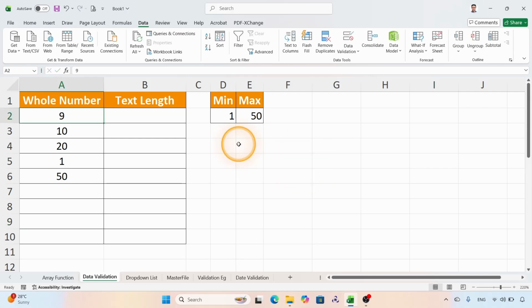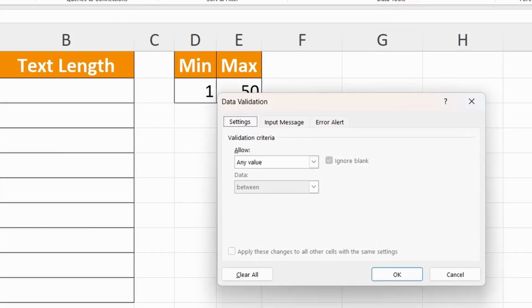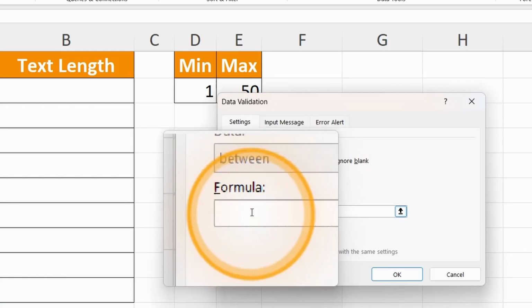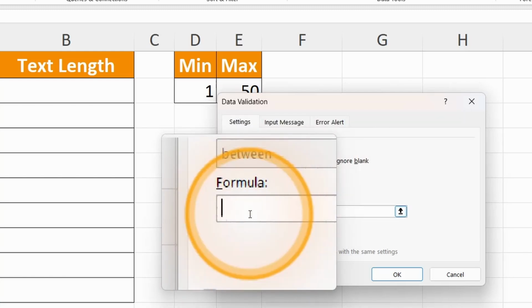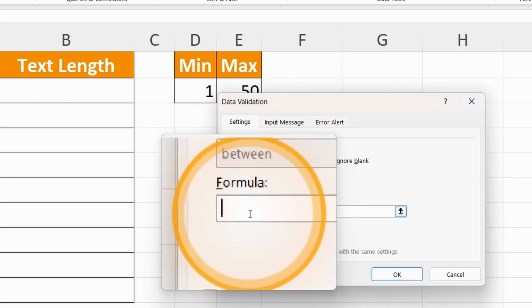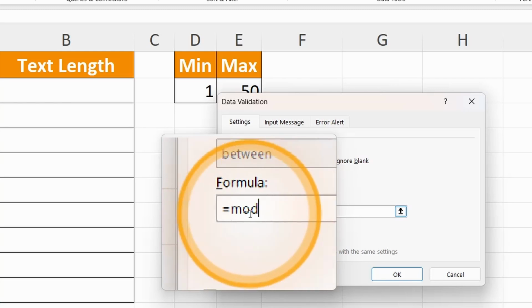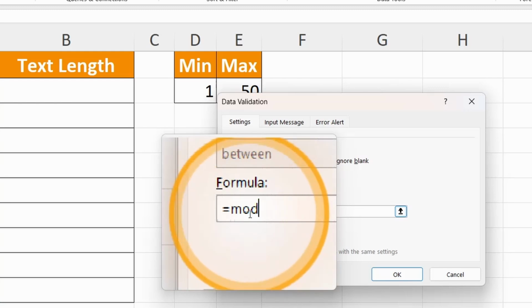Suppose we want to restrict the data entry to either odd numbers or even numbers only, then how can we do that? Just select it, then again click data validation, it is in the data tab, and instead of any value we select custom. When custom is selected, there will be a formula box. We can enter a formula here, and that formula will be evaluated whenever we type a number and press the enter key. We use the function MOD to evaluate: if there is no remainder, it is an even number, and if there is a remainder 1, it is an odd